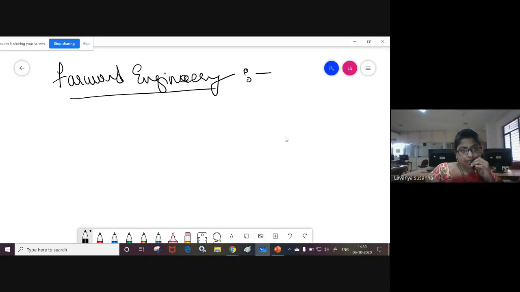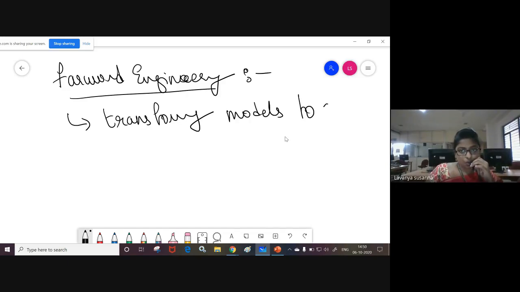Let us see it. See, forward engineering means the process of transforming models to code, or mapping the models to code. Okay, you can write like this: forward engineering is nothing but transforming the models, or mapping the models, to the code.